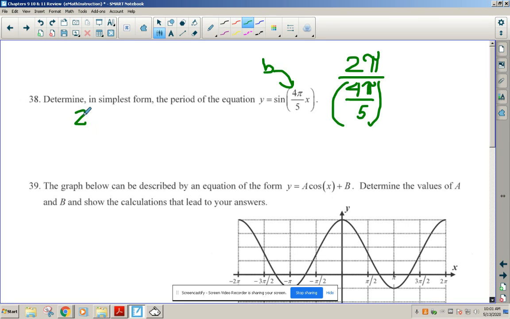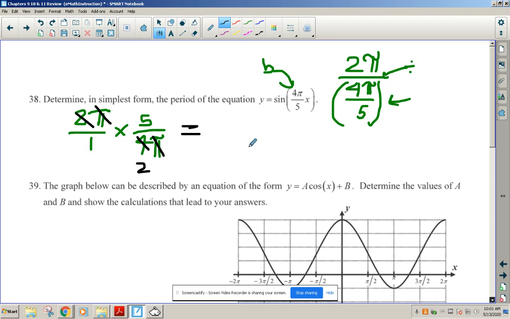I'm going to write it out, 2 pi over 1. Now this is division. When I divide fractions, remember, I turn it to multiplication, and then I take the reciprocal of the bottom, so that's going to be 5 over 4 pi. And if I reduce, the pi's are going to go away, and 2 is going to go into 4 twice, and this is going to give me a period of 5 halves,